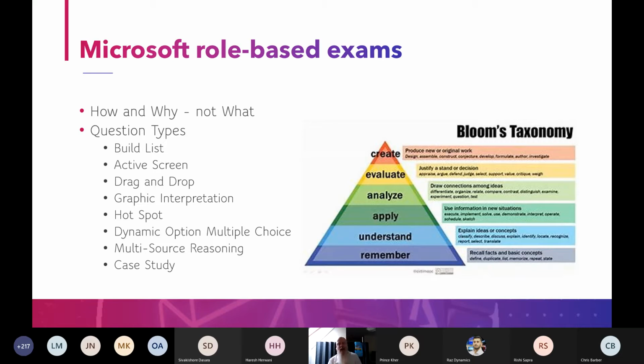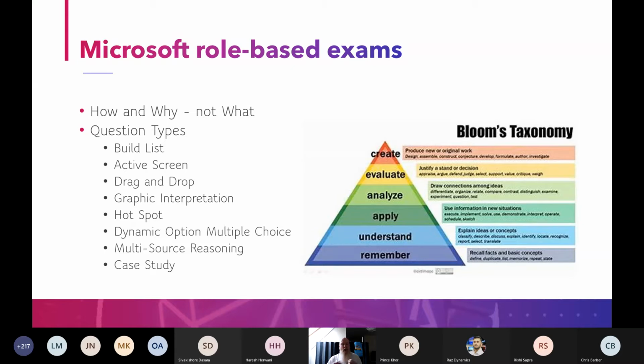So case study, you get a whole series of sections. You get a background, an overview, then the requirements. You may get a common situation or common technology, and then maybe what they desire, maybe some issues, and then a series of questions on them. You get up to about 6, commonly around 4 to 5 questions on every case study. The mistake people make when they come to do case study questions is they try to read and understand the entire case study.